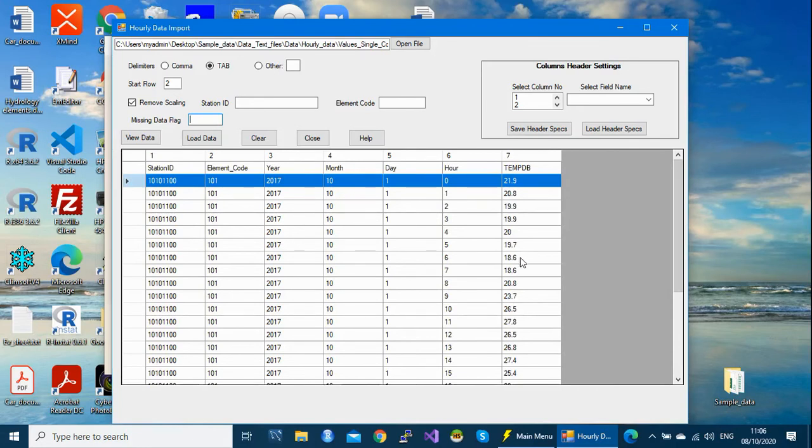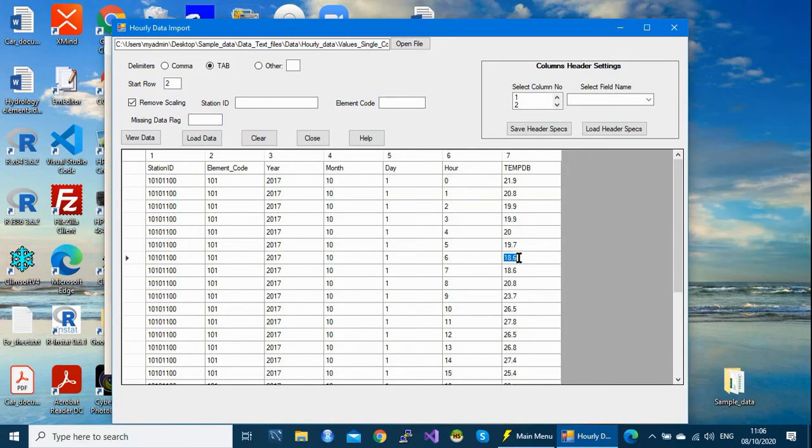Let's say at this one, if there is a blank, the system will understand that blank as missing, and it will put M after transfer. In case you have a special flag or a special character for missing in your data, you specify it here. But in case your missing values are blank, you leave it the way it is.